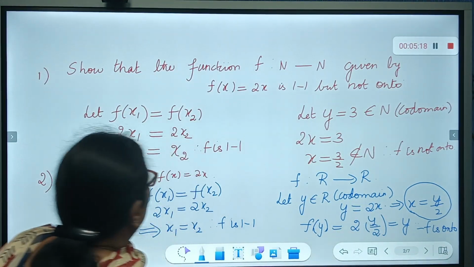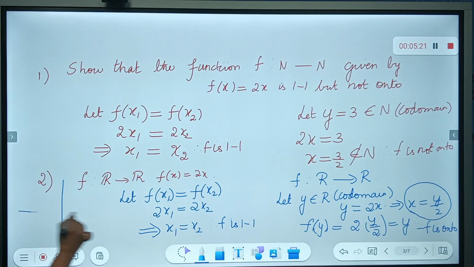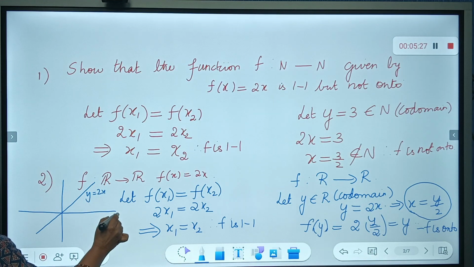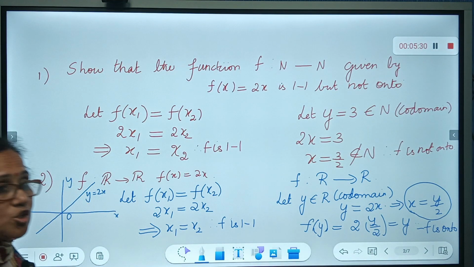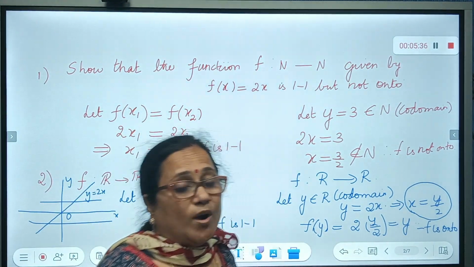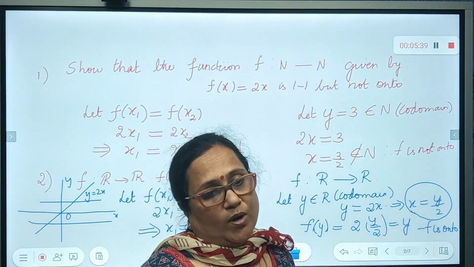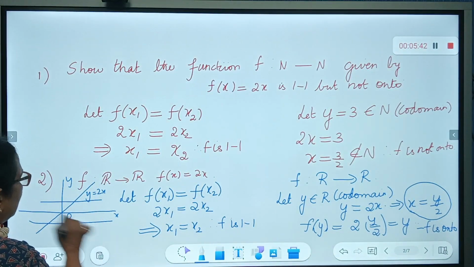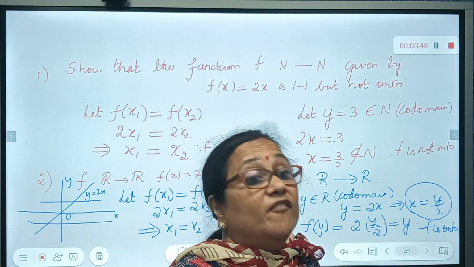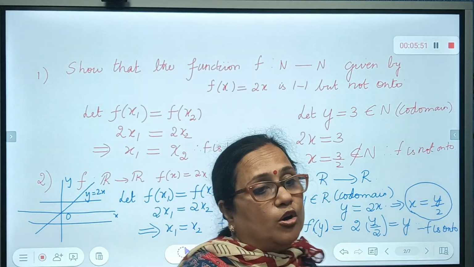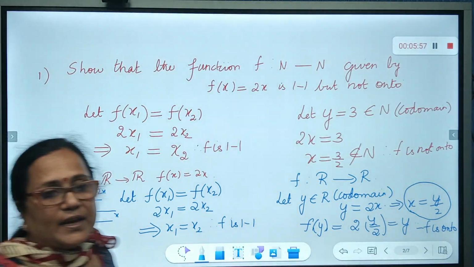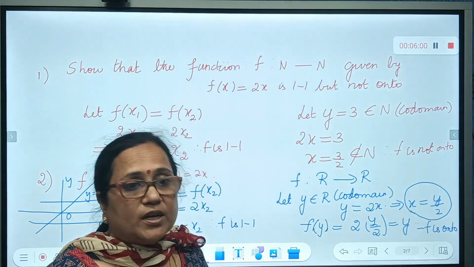So, y equals 2x in this case actually has this graph, right? y equals 2x. By the horizontal line test also, wherever I draw a horizontal line, you can see it cuts the graph at exactly 1 point. What is the implication? It is 1 to 1. And wherever I draw the horizontal line, it is going to cut the graph. So, there is no part where the horizontal line will not cut the graph, which means it is onto. So, y equals 2x is 1 to 1 and onto, by also looking at the graph and by using what is called the horizontal line test.